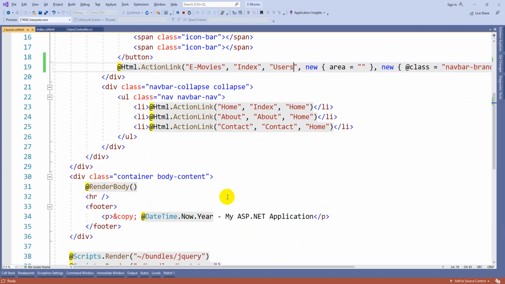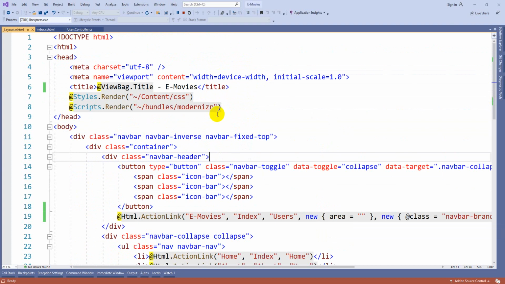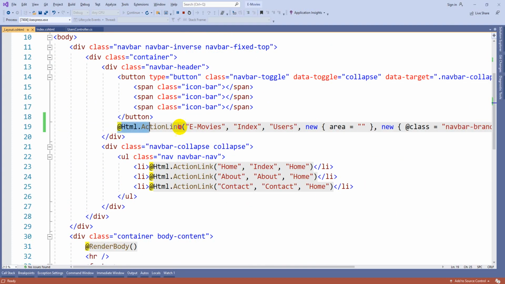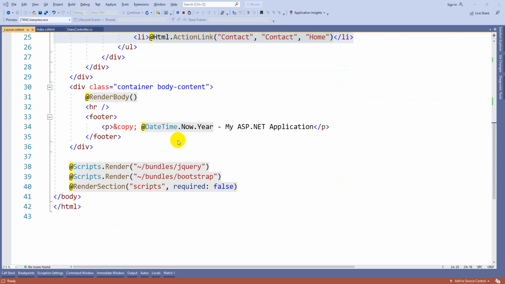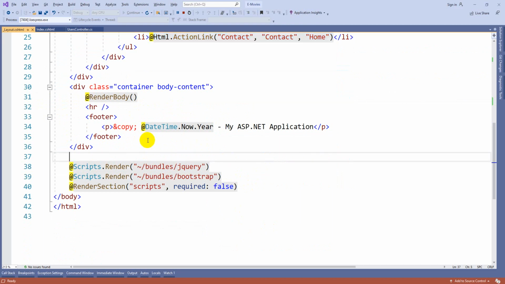Okay. So if you see all these classes, what is this navbar, navbar-inverse, navbar-fixed-top, these can be covered in future sessions at the time of Bootstrap. Don't worry about that one. So majorly focus on this title tag, and there is the main title of the website and links available here like home, about and contact. You can customize them. Again in the footer you can see the copyright symbol, 2021, hyphen myasp.net application. Again same here.